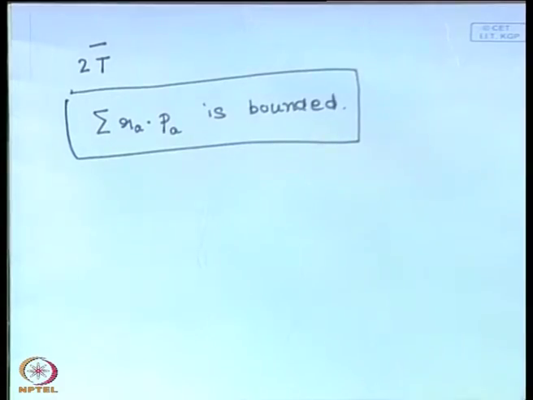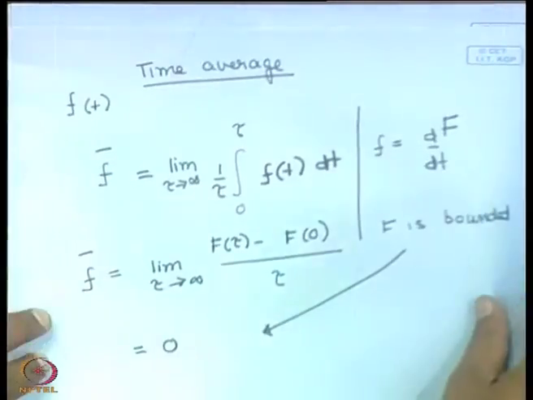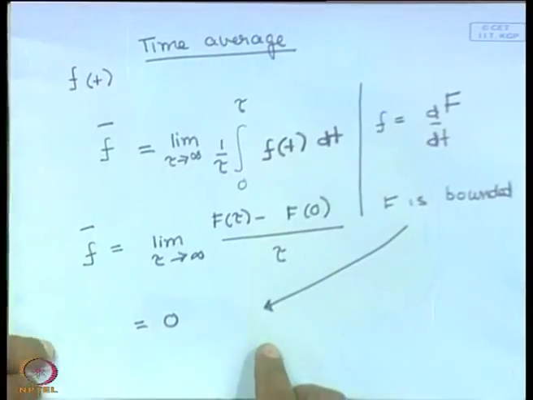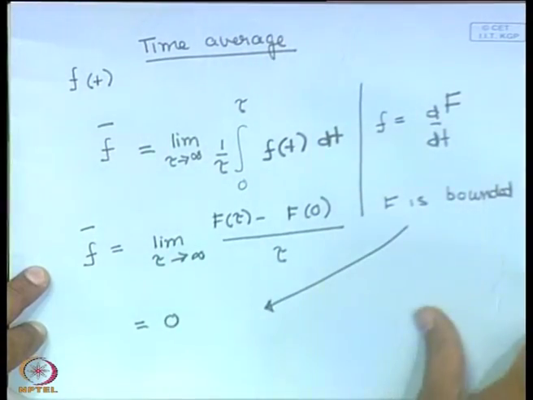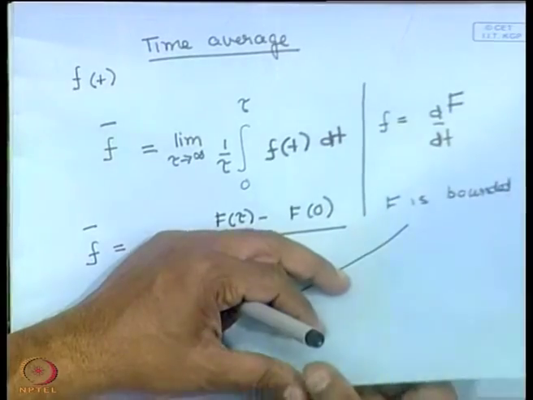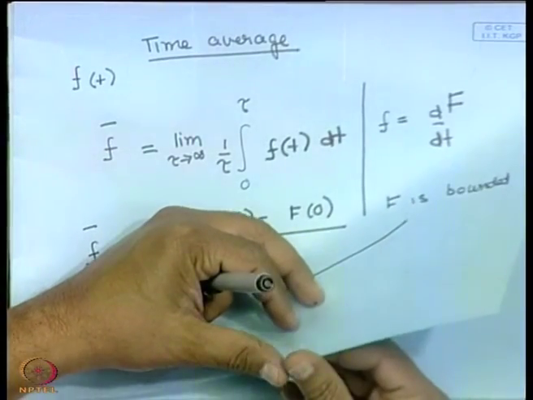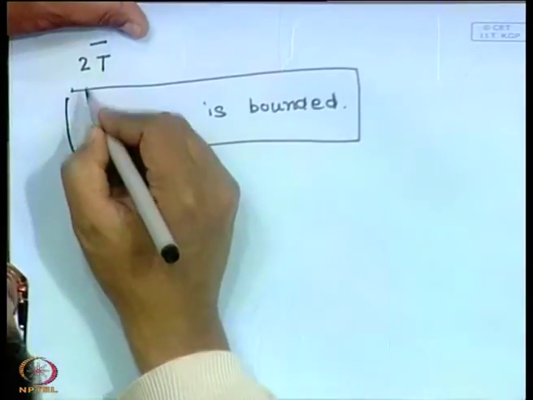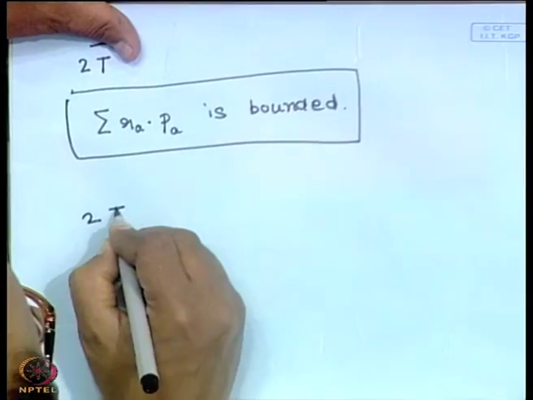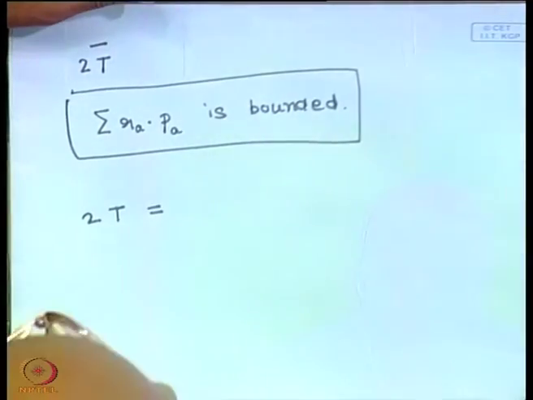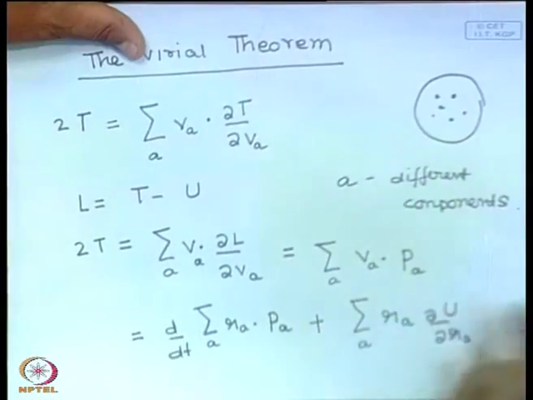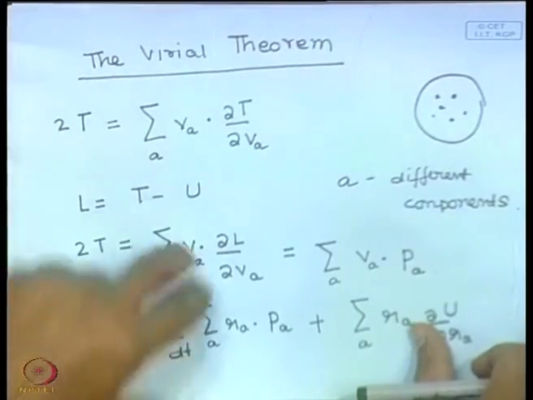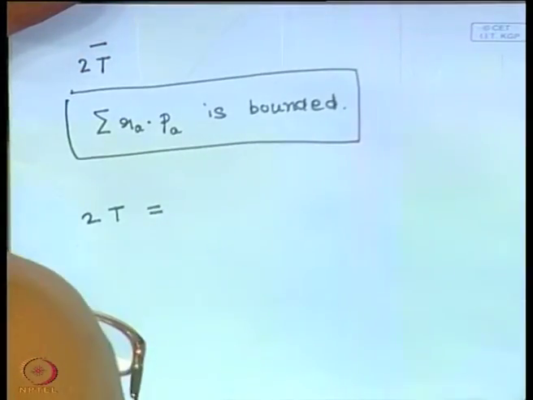And if this is true, then we can see straight away, by the discussion that we just had, that twice the average kinetic energy is going to be equal to the time average of this quantity over here. So, it is going to be equal to